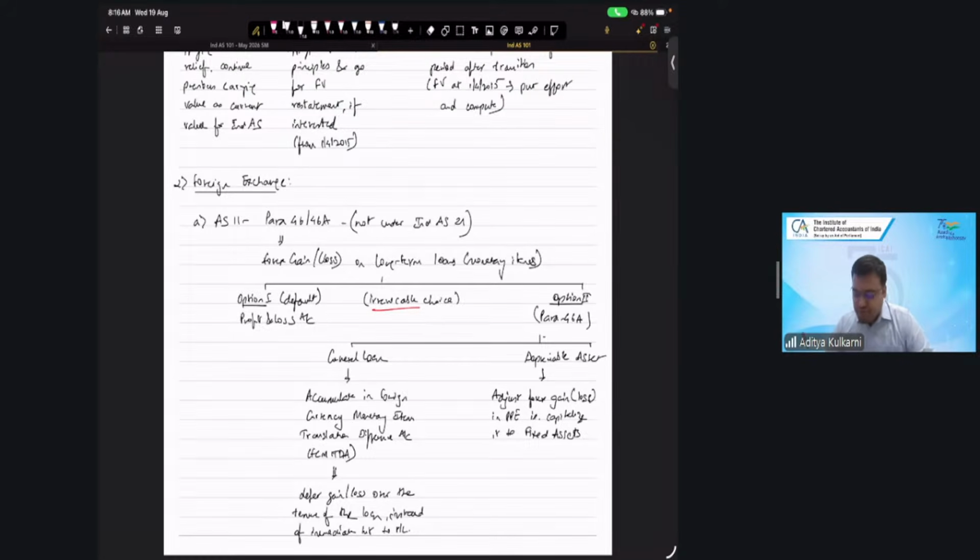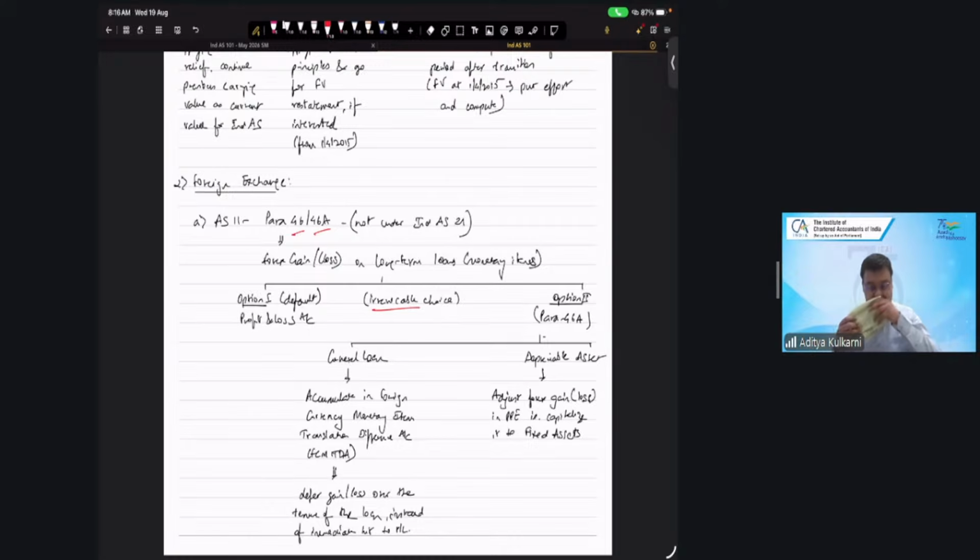Now, under that AS 11, there were two paragraphs, paragraph 46 and paragraph 46A. These two paragraphs came into existence in 2011. I remember this because this was the time when we were students answering our CA final. So what had happened in 2011,